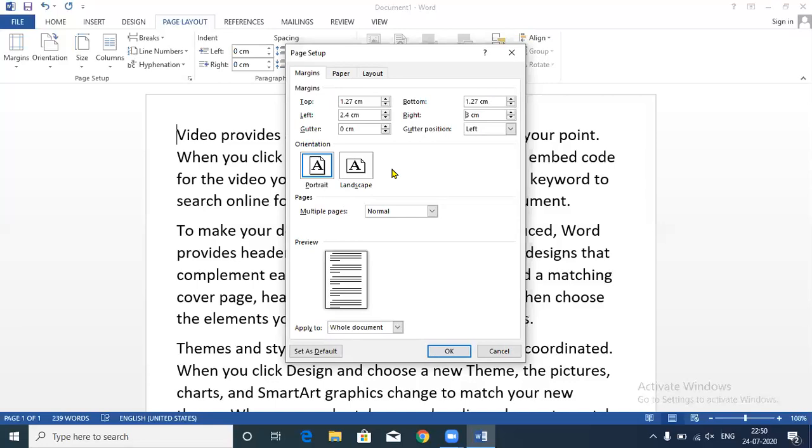For example, if you want to have binding of the hard copy of your report and you want to leave space for it, you can add that space from here. For example, 0.5, I want to leave space for the binding, so you need to set this gutter margin. You can see this is the space for the binding. If you increase it, that space will increase.